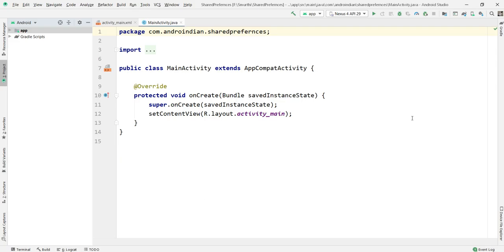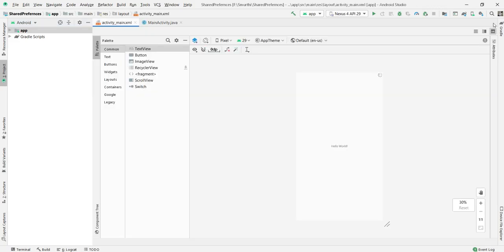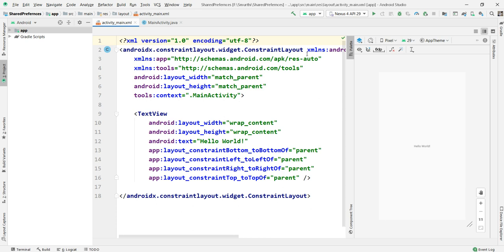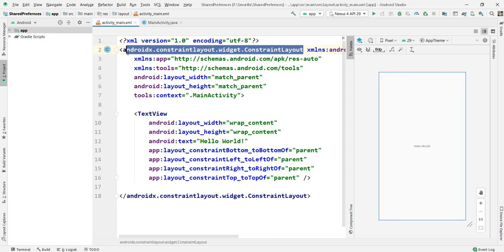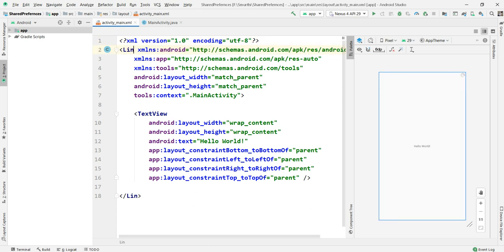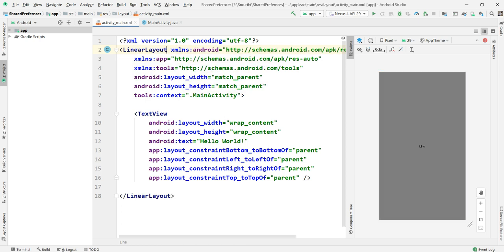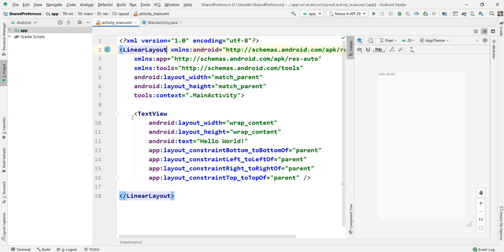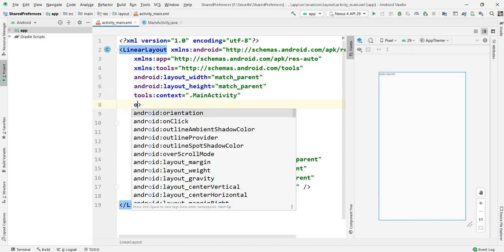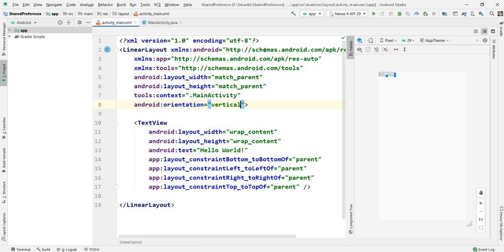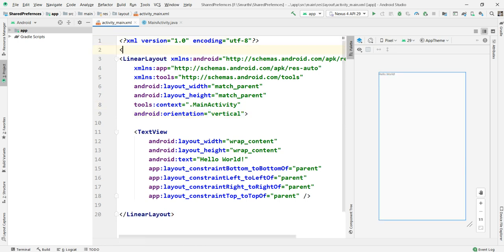Now this is ready. Here I want to change this to a linear layout. I'll give the orientation vertical. I'm applying data binding as well.